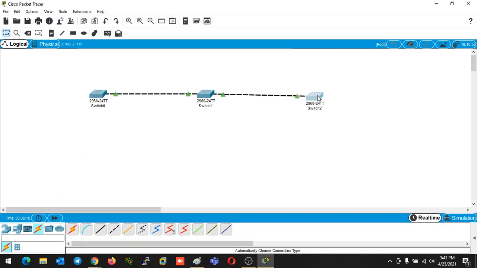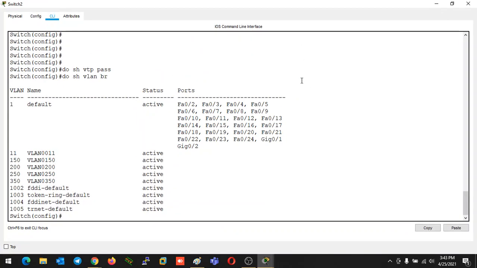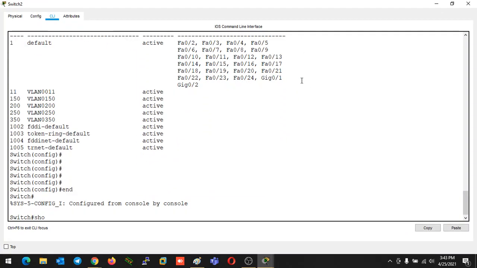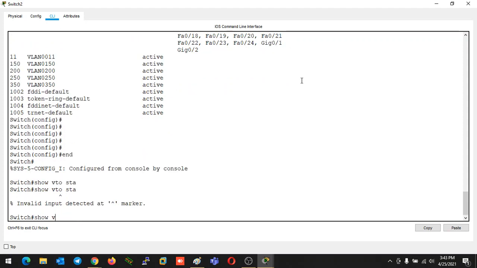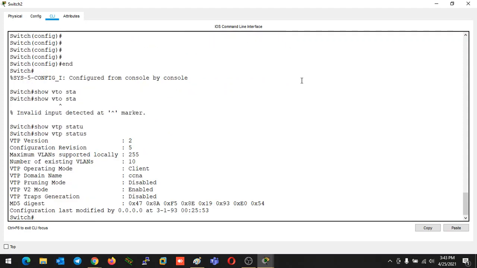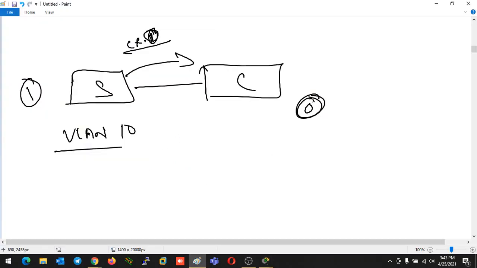This is my client switch. If I run the command show vtp status, you can see the configuration revision number is 5. If the configuration revision number of this switch is 0 and it receives an update with a higher CR number, it is going to implement the update.